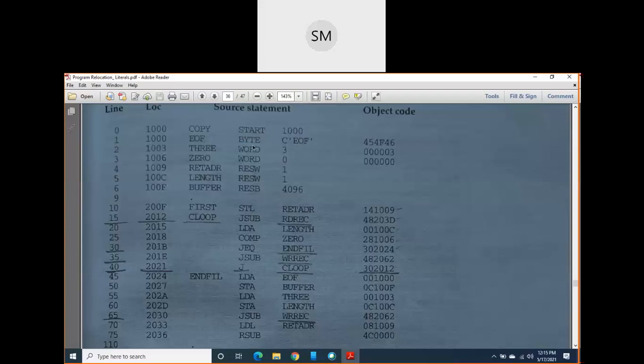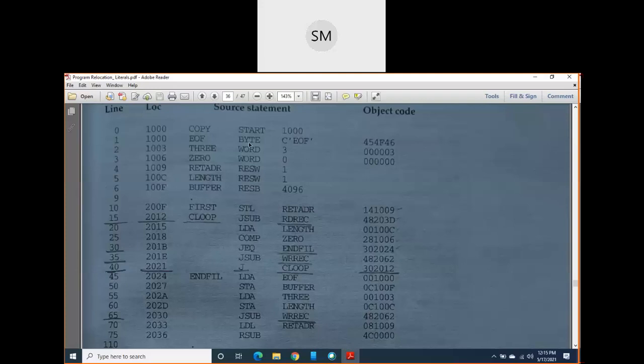Next, almost 6 to 7 lines are symbol defining lines only. Instead of writing these lines at the bottom of the subroutine or at the bottom of the program, here only we are writing them.